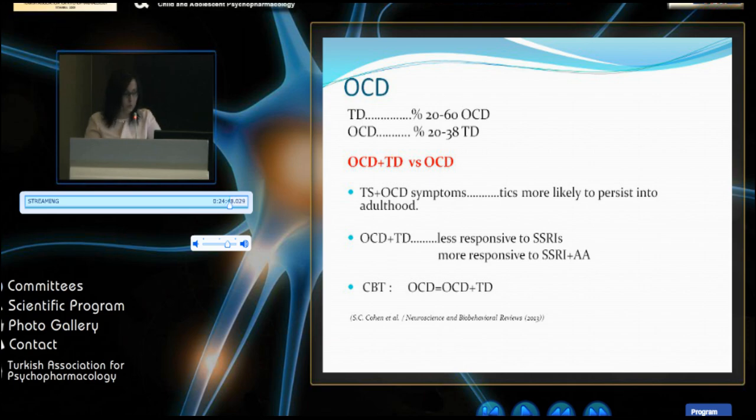If it is accompanied with OCD, tics are more likely to persist into adulthood, and in terms of CBT, there is no significant difference between the two groups. And when TS and OCD are together, they are less responsive to SSRI and more responsive to SSRI